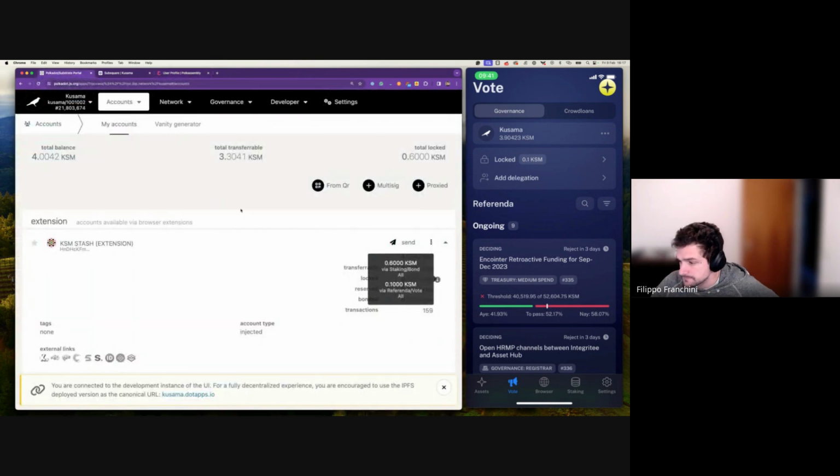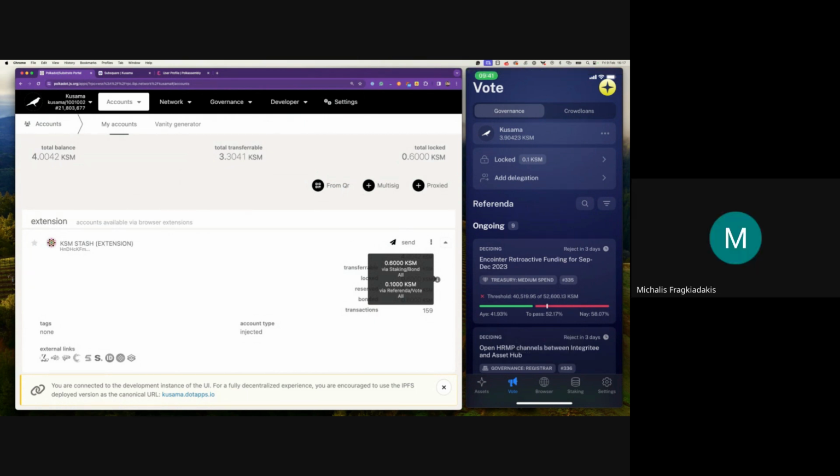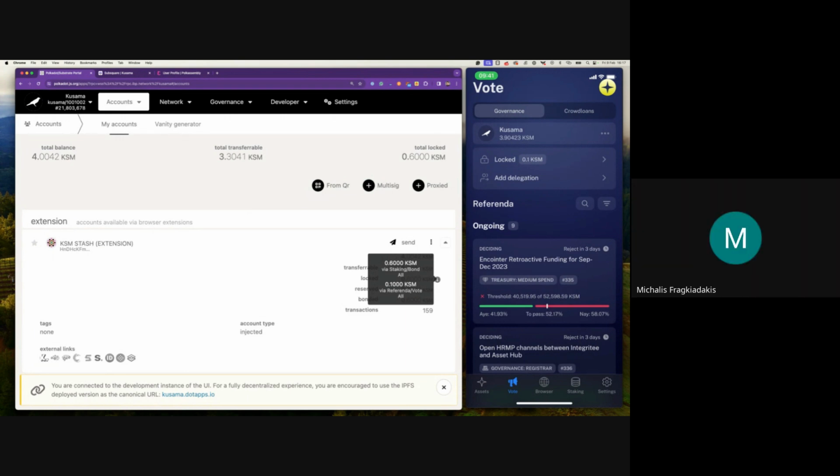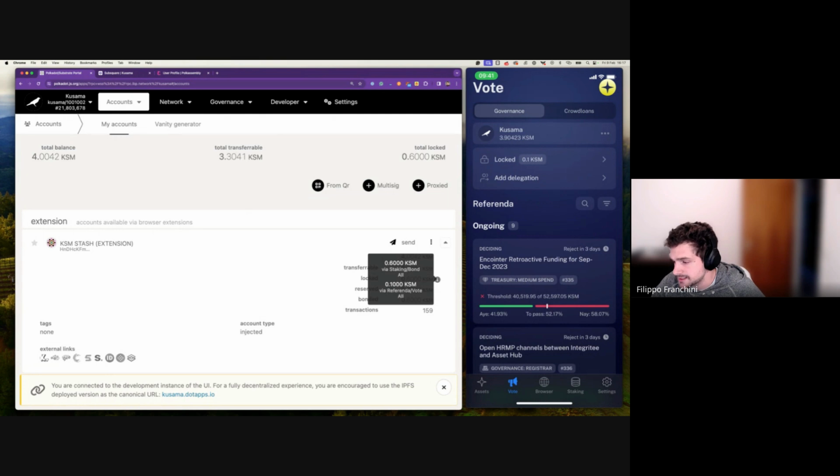Yeah, that's it. I think I can give you the word, Michalis, if you wanted to demo on Polkadot.js. Do we want to demo on Polkadot.js? I mean, if people can use Nova, why would they use Polkadot.js? Yeah, exactly. I don't know, but if you wanted to add something specifically,